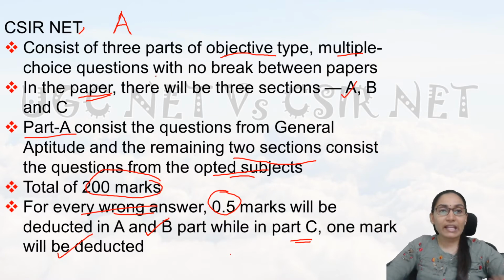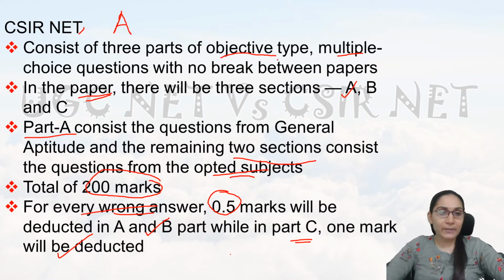So there is negative marking in CSIR NET, and there are 3 sections without any break. Only section A will be based on questions from general awareness, and the other 2 sections, B and C, will be from your subject of expertise. So here there is also a negative marking or a penalty, which again increases the risk for the candidates to